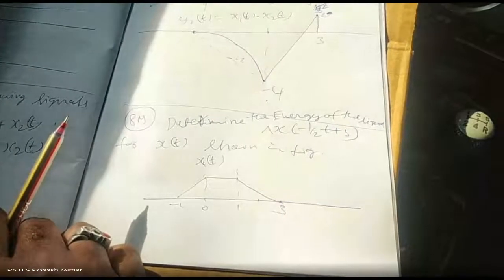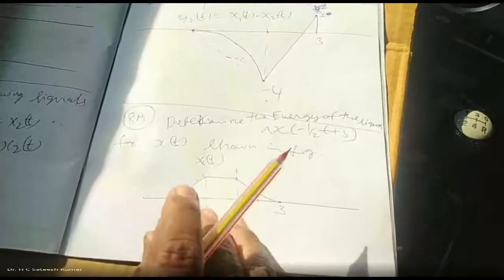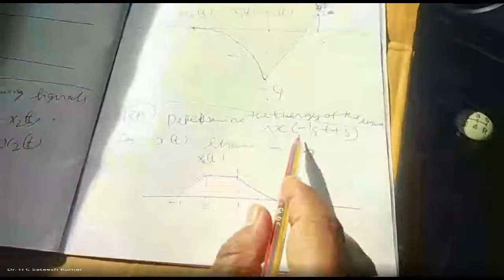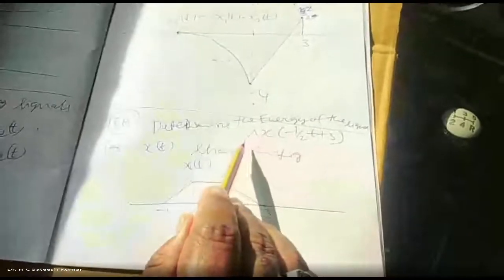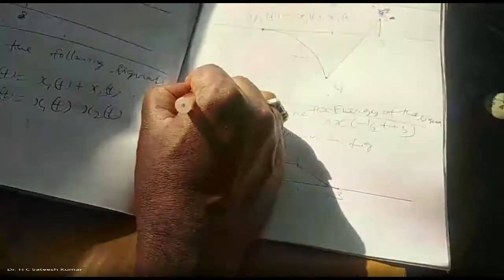That's it. So generally what they used to do is, they'll give some diagram and find the energy of the signal. But this problem is not like that. Same thing only, but the only thing is, first you do the operation, you will get a new signal. For that signal, you will have to find the energy. So what you should do? First you do x of t: shifting is there, scaling is there, folding is there, all those things you do. Then you write the equation for that and find the energy of it. 8 marks question. And this is problem number 85.